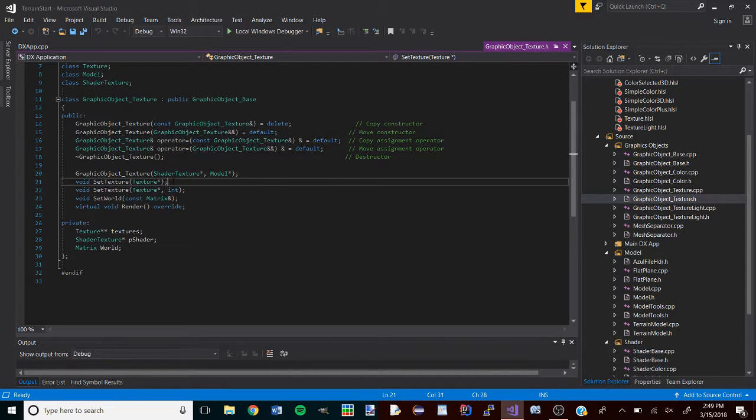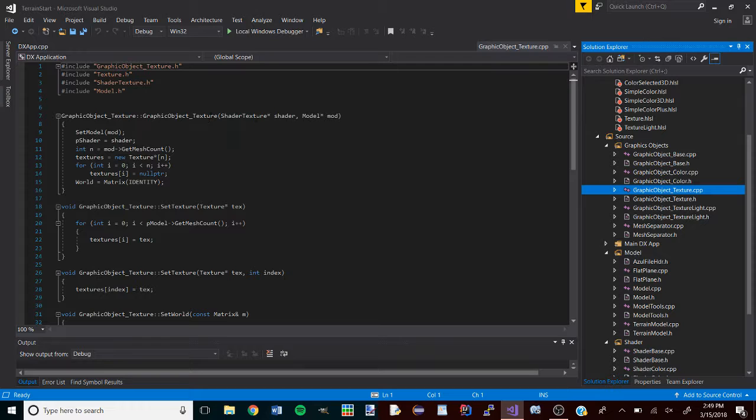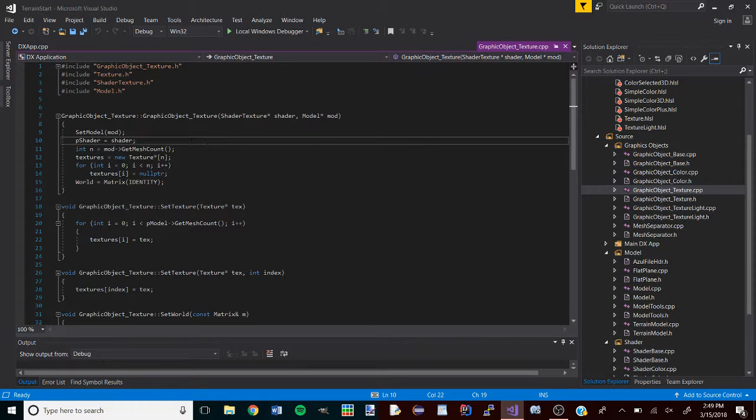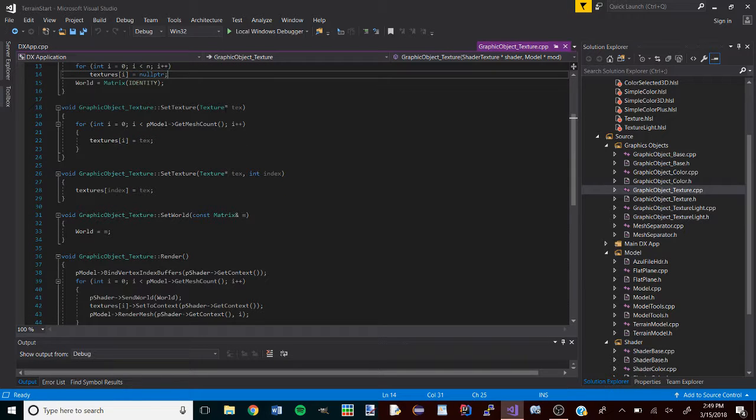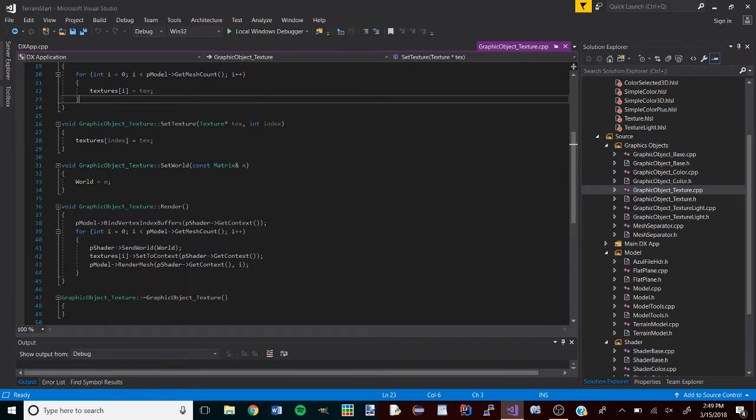Yes, we have the set texture with just one texture given, which will set the texture for the entire model, and then we have a set texture with a given int that will set a particular mesh's texture. So if we look in this, we can see that when we're constructing, we're doing the same thing, calling set model and saving the shader, and then we get the mesh count from our model, and then we'll run through just nulling out the textures to start with, and then we'll do the same thing inside of just a set texture, running through all the meshes, setting the texture,